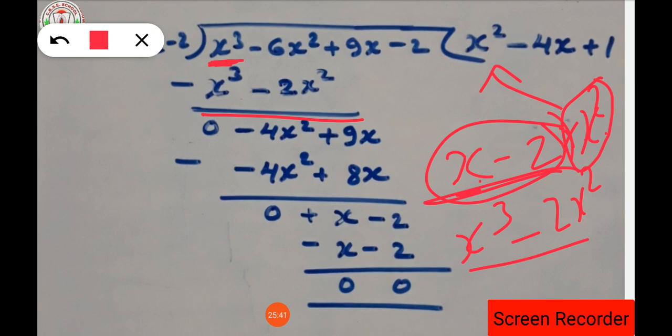Now subtracting, this minus will get cancelled. Now this one is 2, isn't it? So this minus and this minus will become plus. Plus and minus will again be minus. So 6 minus 2 is how much? 4. 6 is greater than 2, and 6 is negative, so the negative minus sign will come in the answer. So minus 4x square will be the result.